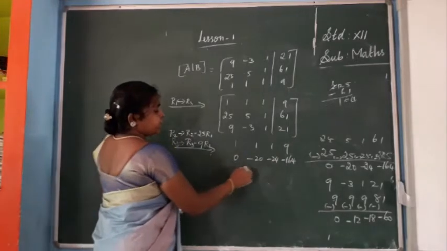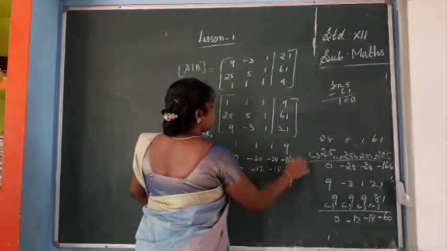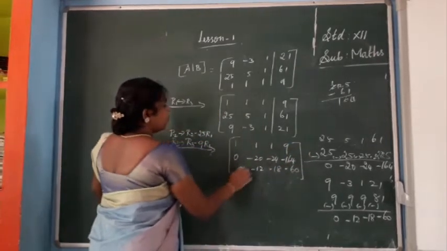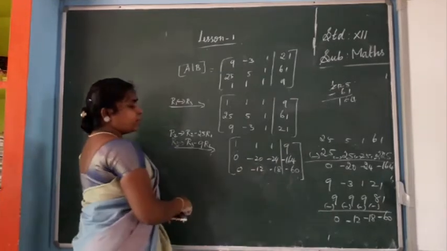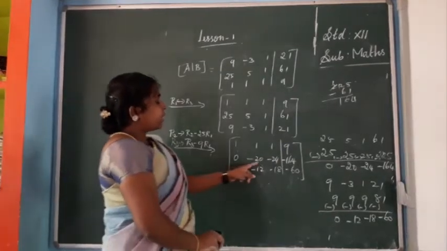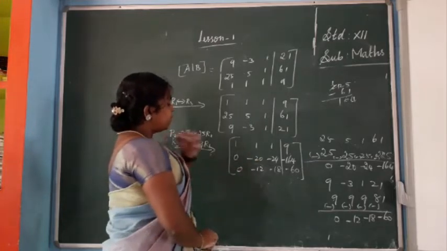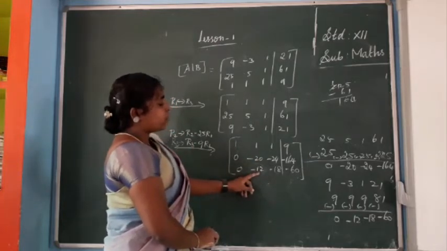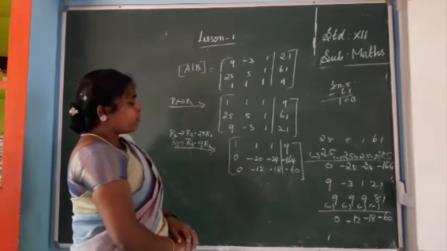Last one, first you write 0, minus 12, minus 18, minus 60. So first two elements, okay, 0. Next, instead of 12, we need 0. Actually, you see this, the second row element is 20. Third row, the element is minus 12. So if you want to convert, you have to multiply both parts, isn't it?